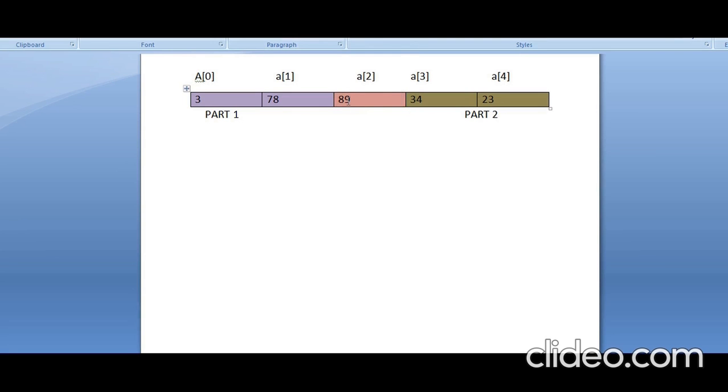In binary search there are certain restrictions. Restriction number 1 that we are supposed to always keep in mind, or limitation, I will say.